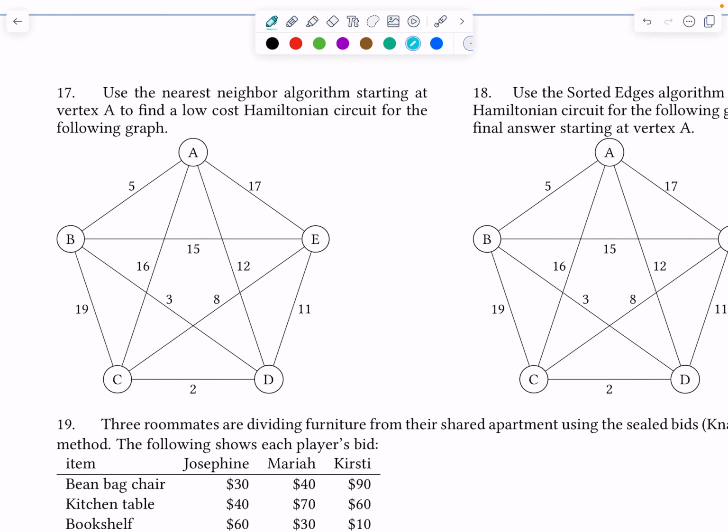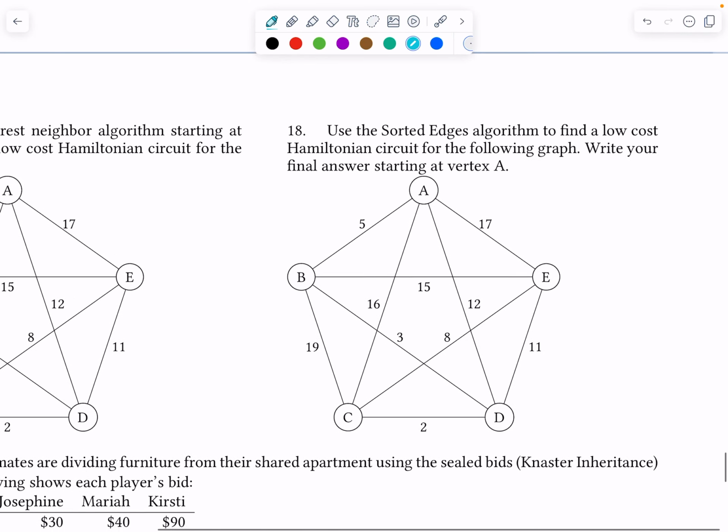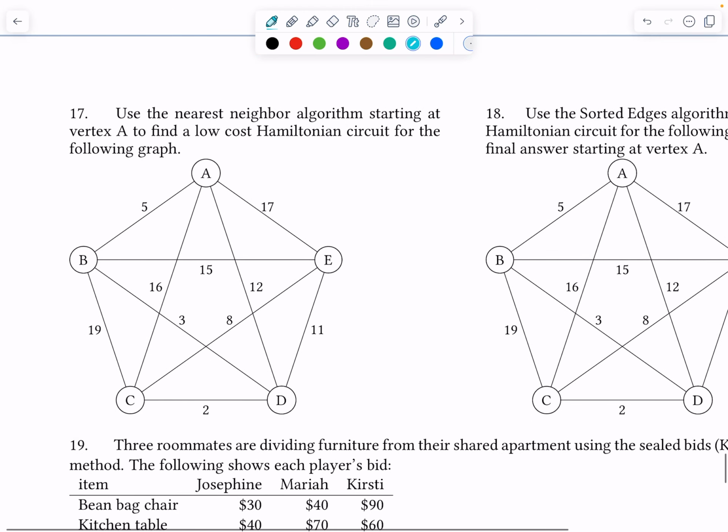It looks like we're back to nearest neighbor algorithm, sorted edges. Let's do this. It shouldn't take too much effort. We've done this already on this test. So we're starting at vertex A. We're just looking for the closest from vertex A, and it looks like it's vertex B because you have